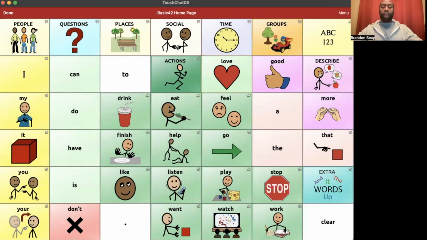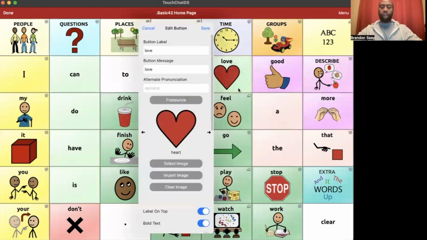Now that we have added a button, let's talk about editing that button. So we're still in editing mode. We can select love, and we can select edit button. Here we're able to change the title, the button message, and we can also change the image. So scrolling to the right, we can select love with this image, this kind of love, hand sign love, or even